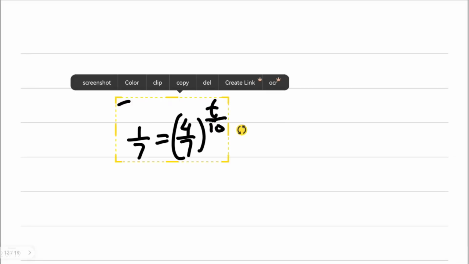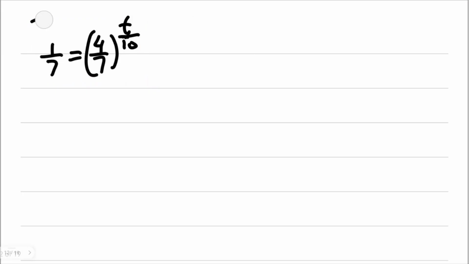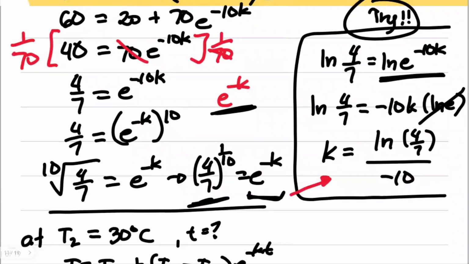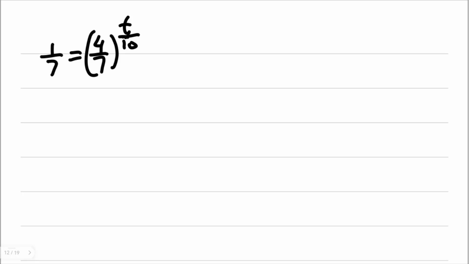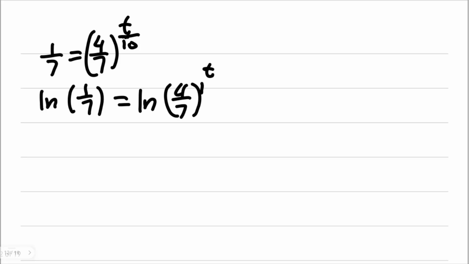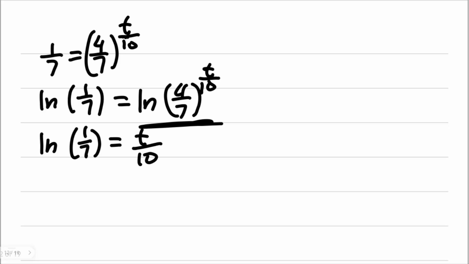Okay, so I'm placing this because this time we'll be solving for t. The process for this will include the process of solving k earlier because we are going to apply a natural logarithm to both sides. We are guaranteed that both sides are equal here. Hence, I'm going to have the natural logarithm of 1/7. It's also the same as the natural logarithm of 4/7 to the t over 10. The reason for this is that we have the rule and law for logarithms generally. So the natural logarithm of 1/7 is equal to t over 10 times the natural logarithm of 4/7.